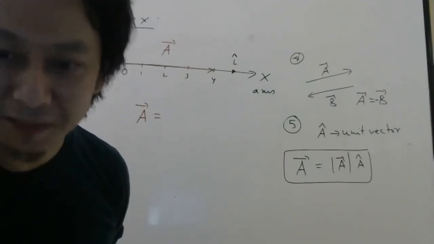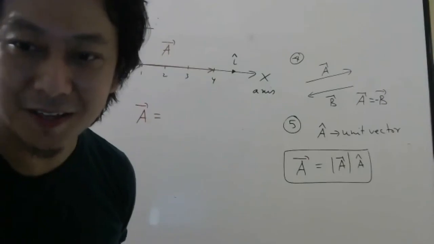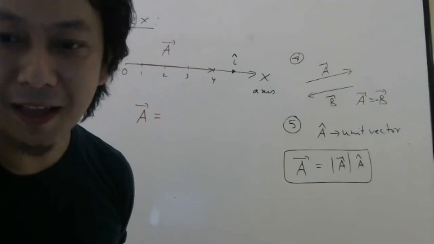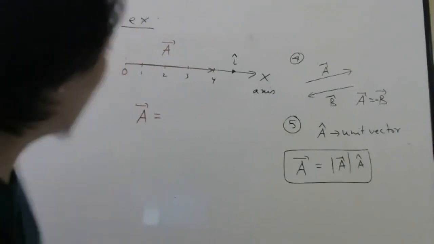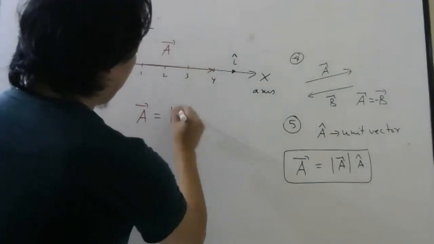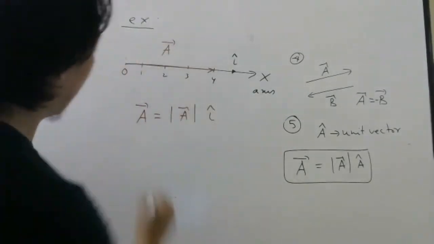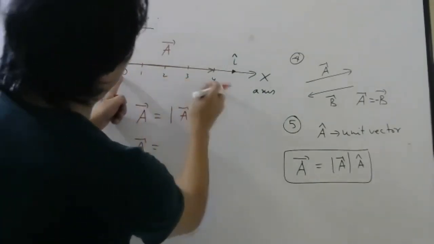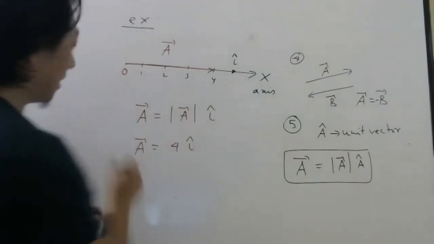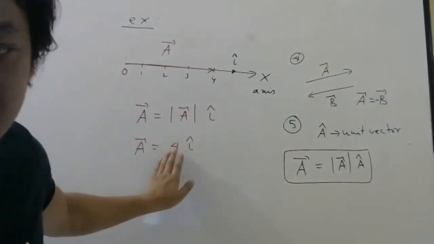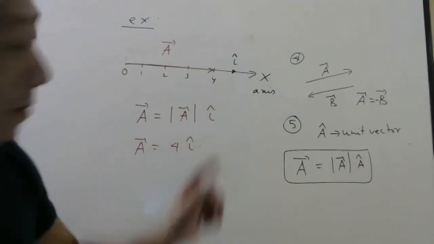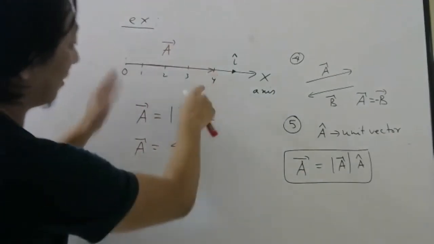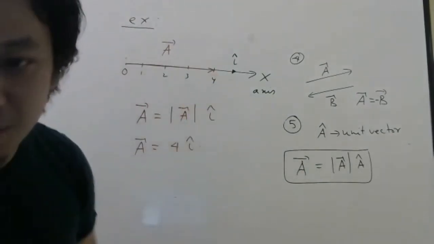Most of you have done correctly. Some of them are still not doing correctly. Sujan, what is that? I cap minus 1? I did not understand. So you can see magnitude into I cap. This is the way we write. And in this example, what is the magnitude of this vector? 1, 2, 3, 4. So 4 I cap. This is the answer I wanted. A bar is equal to magnitude times I cap. That is correct. But magnitude means the length of the vector, and the length of the vector here is 4. That way you have to show.